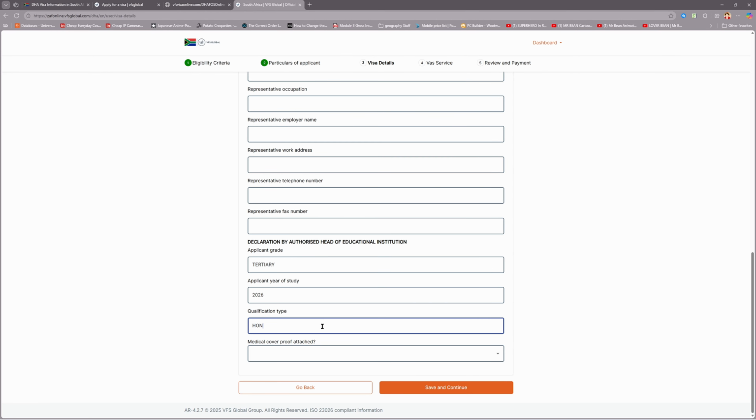Application type, you're applying for an honors, or whatever you're going to be doing. But if you're doing undergraduate, it's just going to be undergraduate. Please write it as one word, do not space it out. Same with honors, or if you're doing masters as well. So for us in our application, we're doing this for honors, so we'll leave it at honors at this current